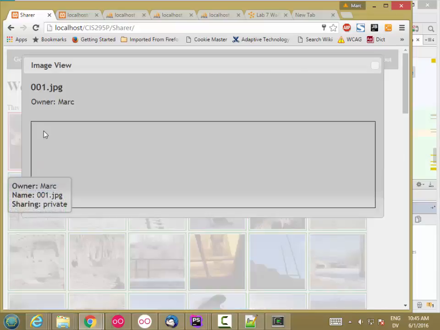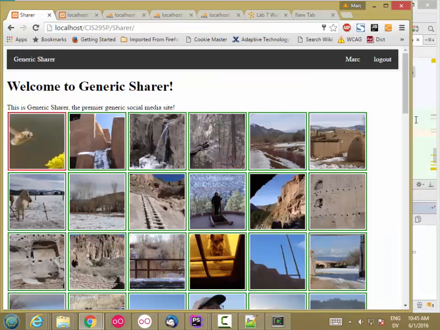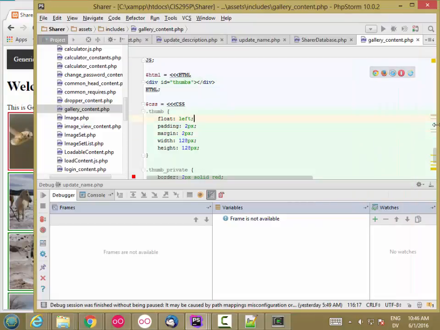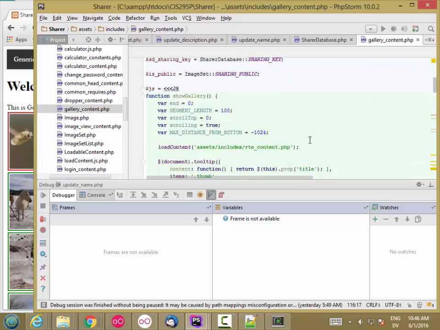When I click on one of these images, I should be able to click on the owner to browse the gallery for that owner. And I already have all the SQL code and the PHP support for that. All I need to do is in this gallery content here, when this gets loaded, it calls fetch gallery, and fetch gallery is just passing an empty for the owner key. So what I'm going to do is create a variable